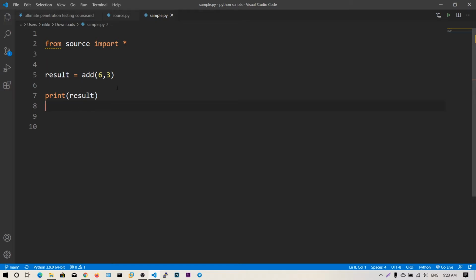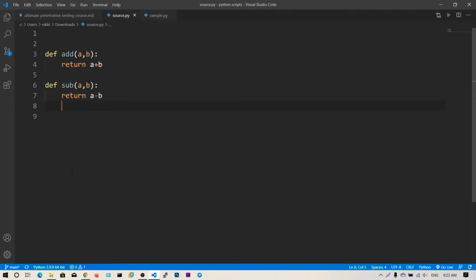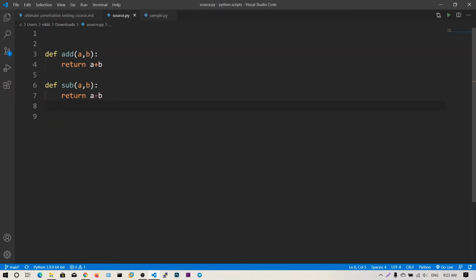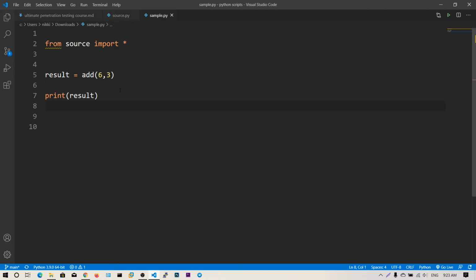These modules help you write all the functions in one file, so you can change these functions, create another file, and use these functions as if you had written them in your own Python script. These are the basics of modules. We are going to import many modules in future videos, like import socket, etc. And you can also use from source import star, which will import all the functions.